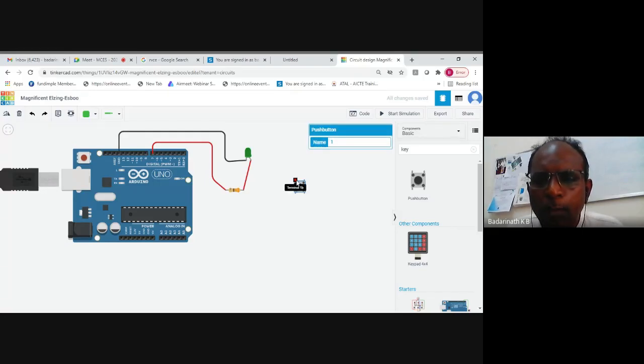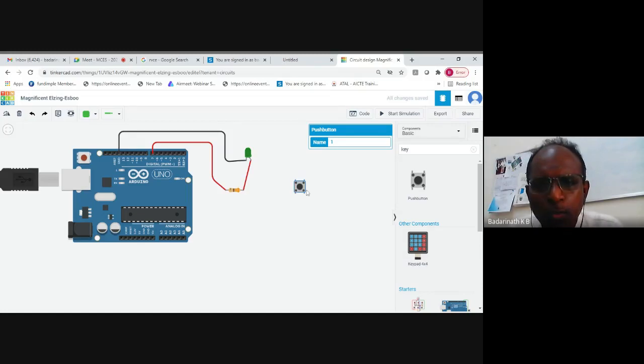Either you can use the above two contacts or you can use the below two contacts. Actually, among these 4, only 2 are used. The others are only to give mechanical stability, so that the switch can be placed properly in the PCB. These 2 are dummy. I can use these 2 or the above 2. One advantage is that if any problem is there here, I can always use the other 2. But generally once you solder it on the board, there's no way to use the other 2. That depends upon the layout. Whichever 2 are better for you, you can use those.